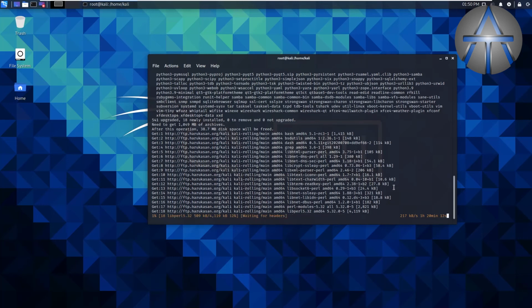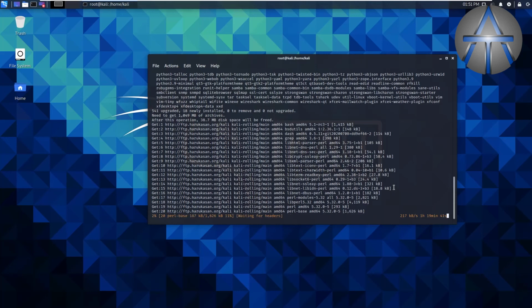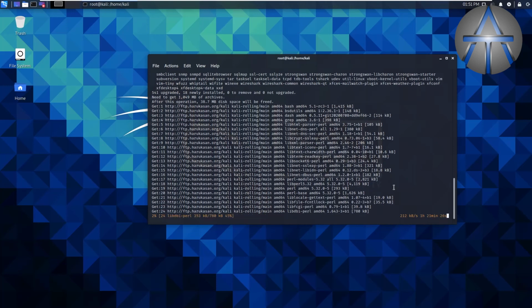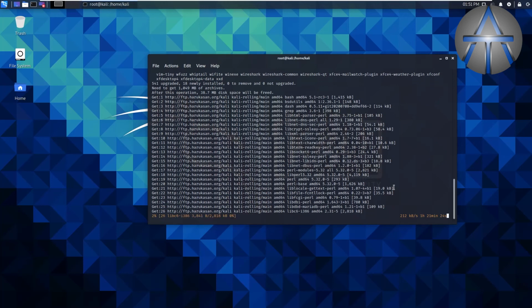So this download will go on as you can see. Please don't turn off your VMware or lock your PC. Please keep the PC on, and after completing the download it will be 100% completed.